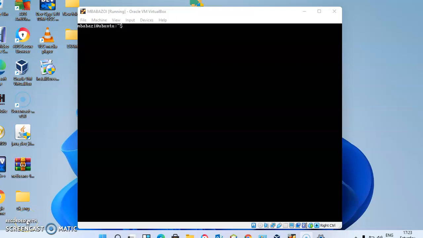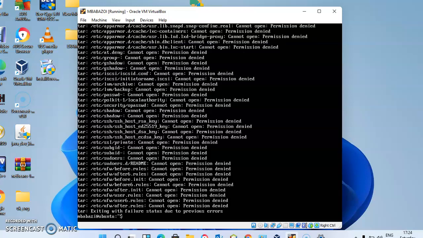Question 2, Roman numeral 1. Create a single file in your home directory containing a backup of all contents of /etc/. We are going to use the tar command with the -cf option, etc, /etc. Then